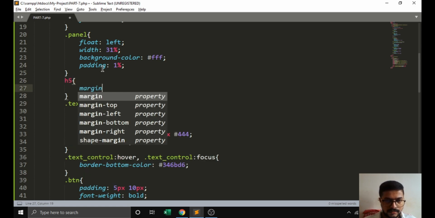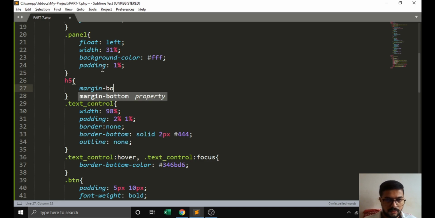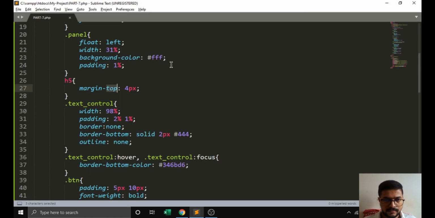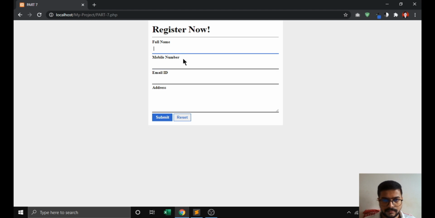We need margin dash top. Like for margin and padding, we can apply top, bottom, left, right manually. We can configure that as per our requirements. We have created these things.